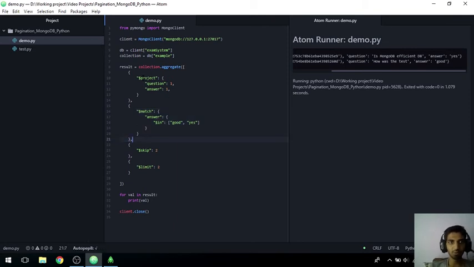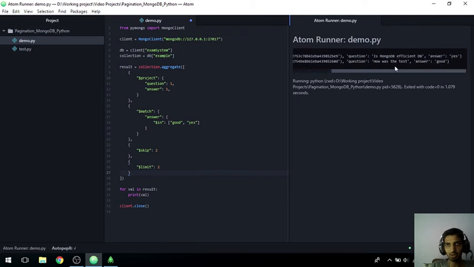What we did here is called a pipeline. The project function will project the question and answer. All the records will then be supplied to the next function, which filters with match on whether the answer is in good or yes. Then, of the records which have good and yes, the first 2 will be skipped and the limit will be 2, so the next 2 will be given. So this is the next 2 records.